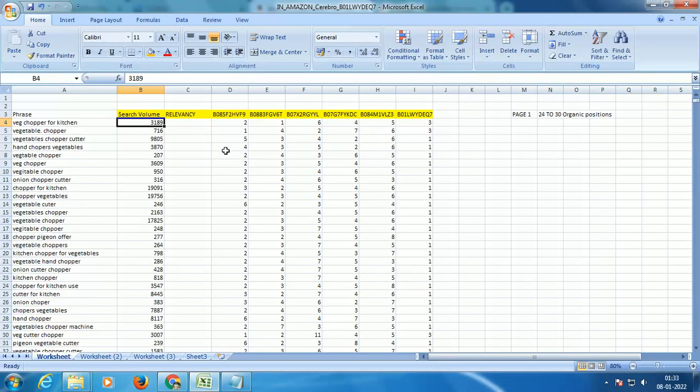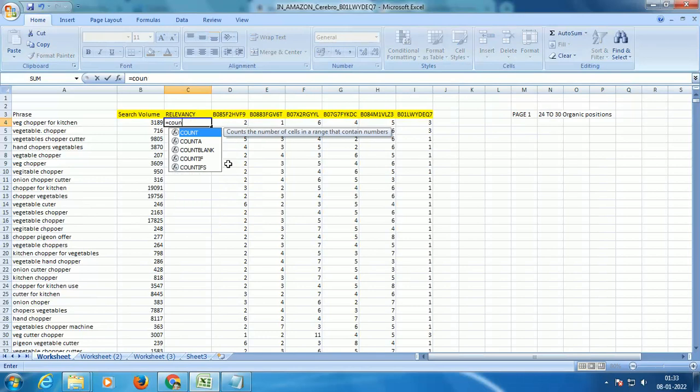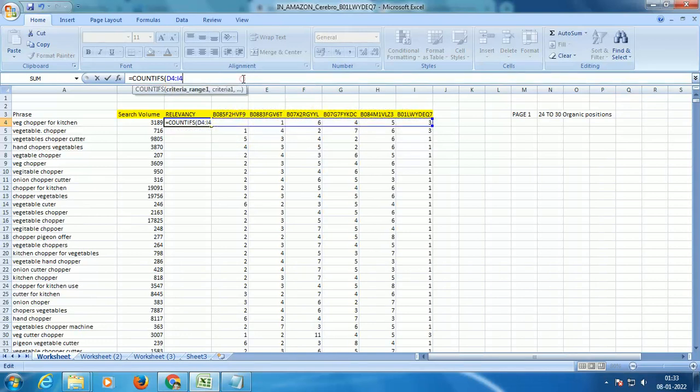In order to get to that relevancy score, you just need to do a COUNTIFS formula. You need to select the range and say, I want to know how many of them are under 24.